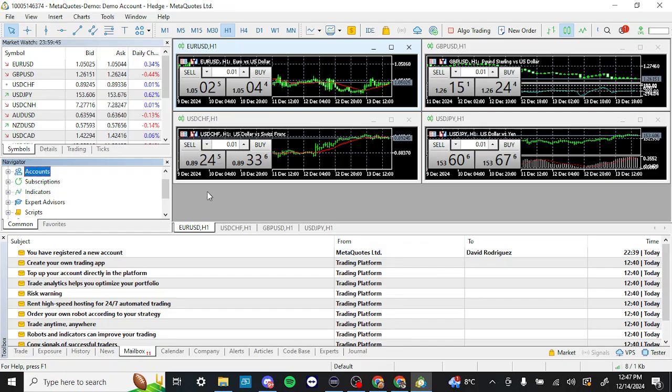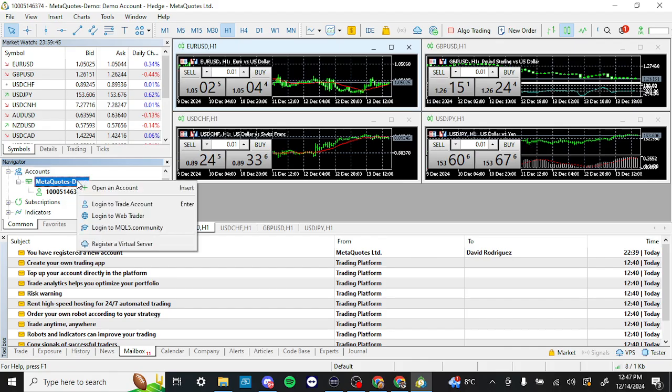And what you're looking for is on the left hand side in the navigator, you're going to see here where it says accounts. If you go ahead and click on the plus sign there, then you're going to see that you have your demo account here, and if you hit the plus sign on that, then you're going to see more details on that. If you right click on where it says the demo account, you're not going to see